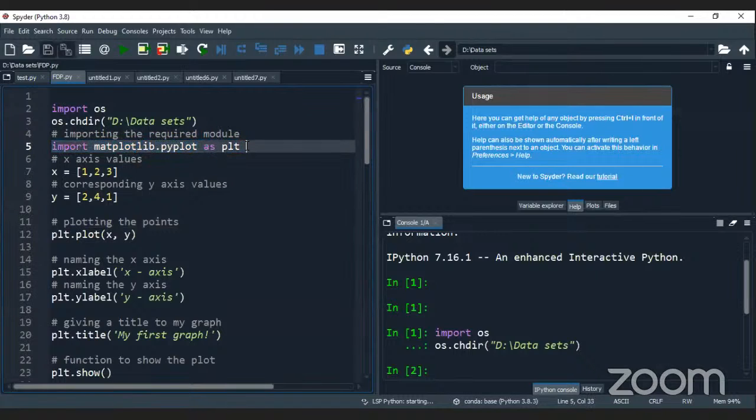So plt, we can consider it as a variable. So plt dot, we have to plot a graph. That's why we have to use one function, that is nothing but dot plot. And for this plot, what are the two axes we are having? x comma y. It means that 1 is associated with 2, 2 is associated with 4, and 3 is associated